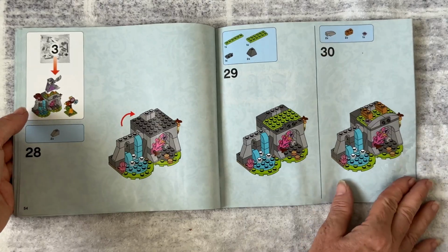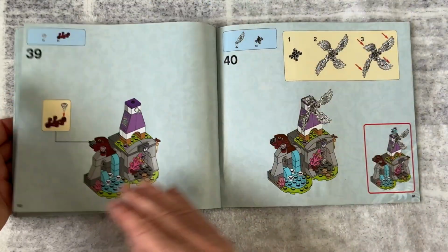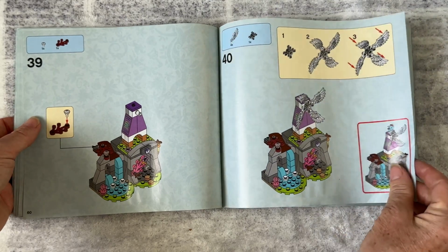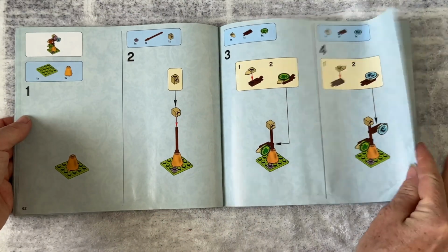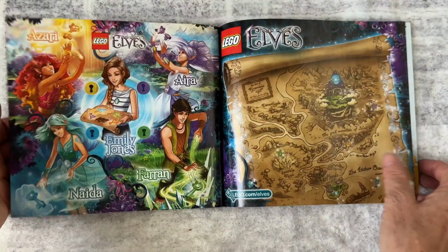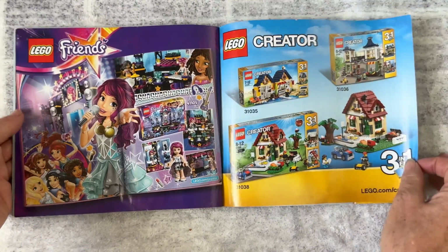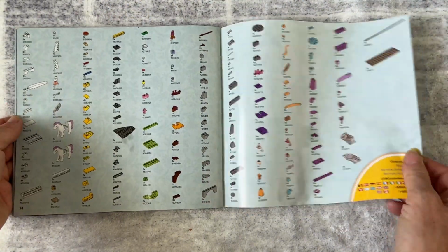With Aira Whisperwind and Azari Fire Dancer as your elven companions, fly high in the sky to help Emily Jones find her way back to the human world. Whether you're navigating the clouds or exploring enchanted caves, the LEGO Elves Pegasus Sleigh is perfect for feeling